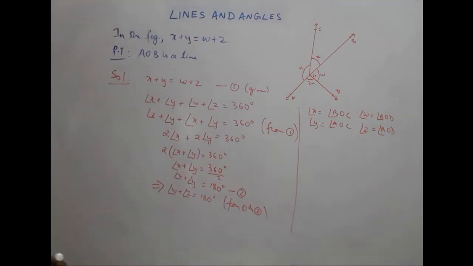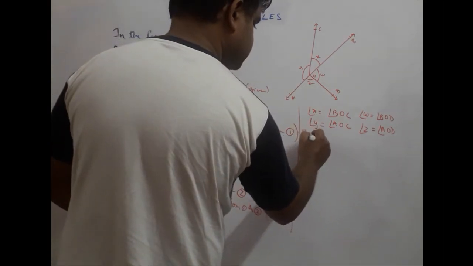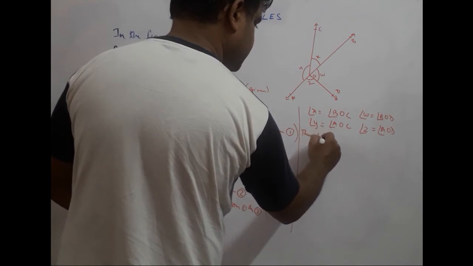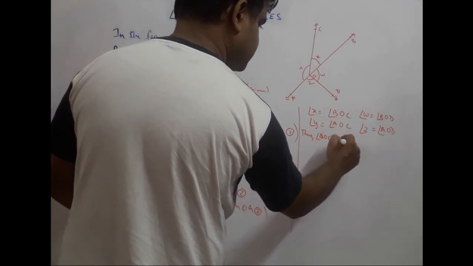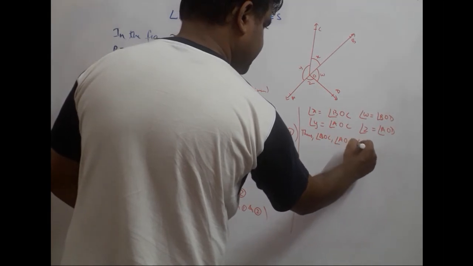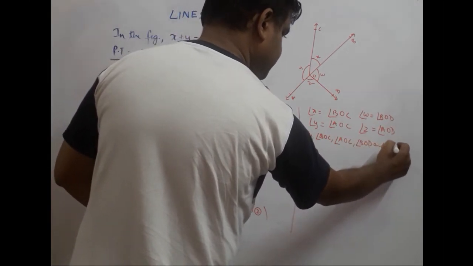Okay, so that means we can say in this case that all these angles form linear pairs. So thus angle BOC, angle AOC, angle BOD and angle AOD